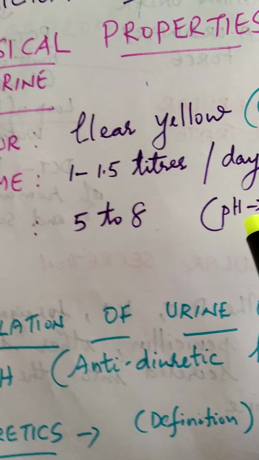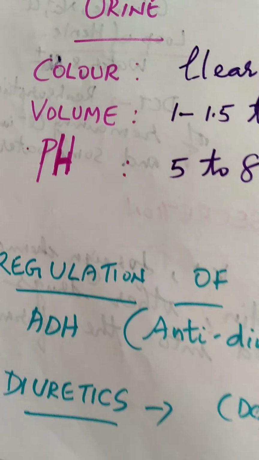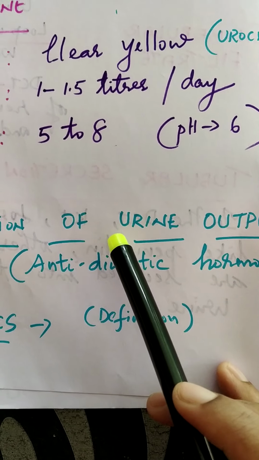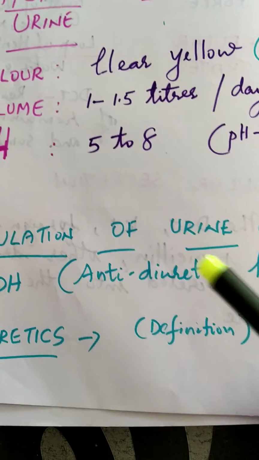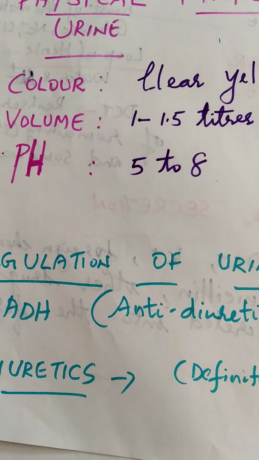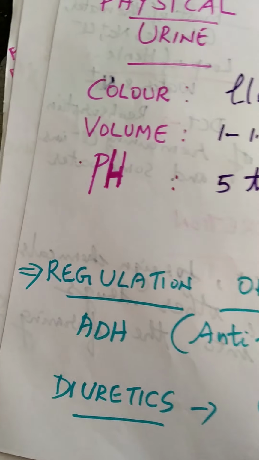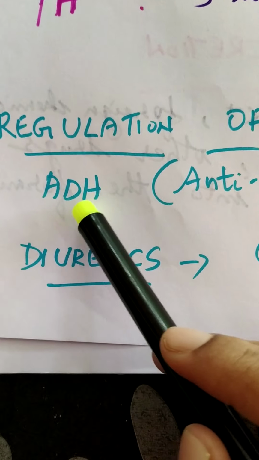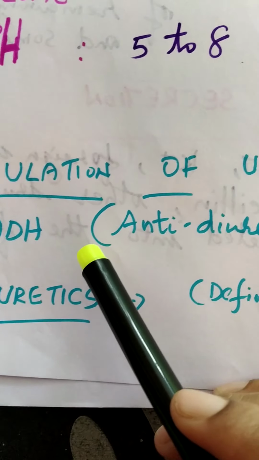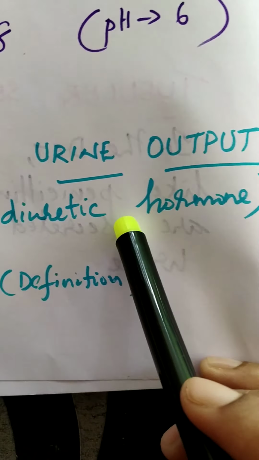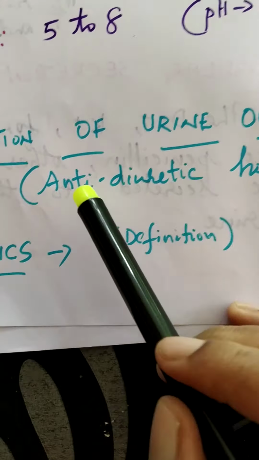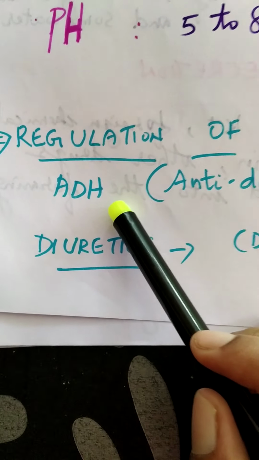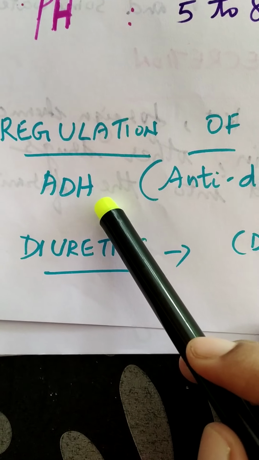which is showing a slightly acidic nature of the urine. Now moving on to the regulation of urine output. So how the quantity of urine which is given out from our body is regulated, and this is mainly done by a hormone which we call ADH. ADH stands for antidiuretic hormone or vasopressin, and this antidiuretic hormone is produced by the posterior lobe of